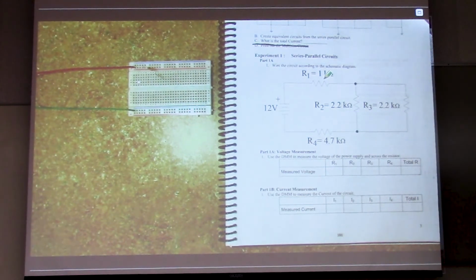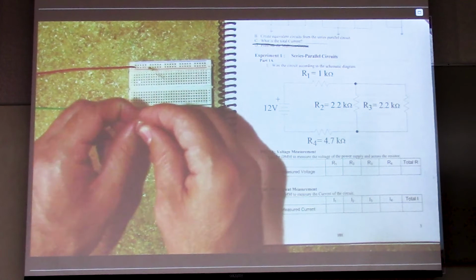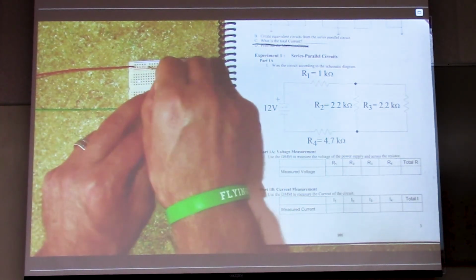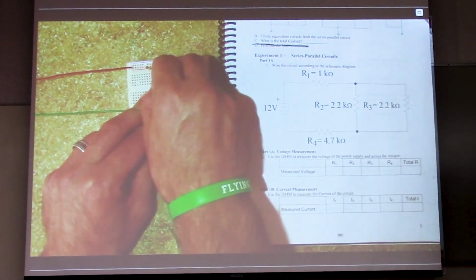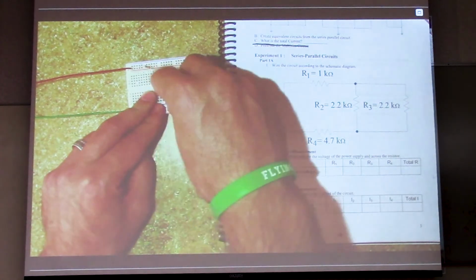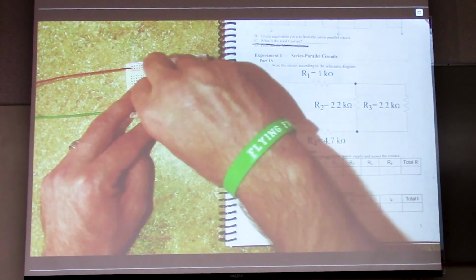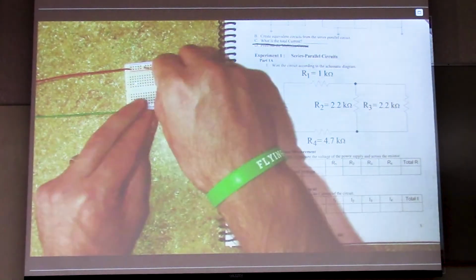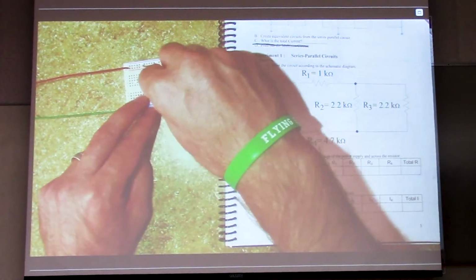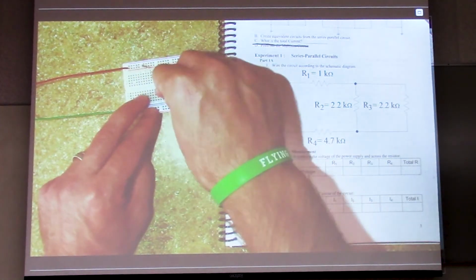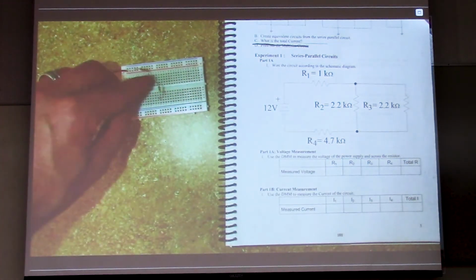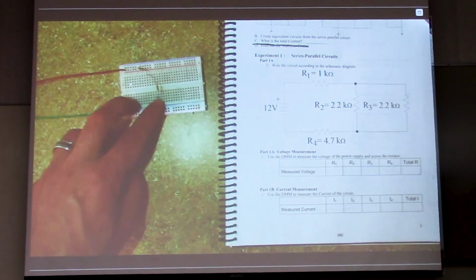Got that? Now there's a resistor going from the end of that resistor across to another one. So I will take my second resistor. I'll put the first leg into the same row as the first resistor, so those two will be connected. And then the second leg is going to go on the other side of this middle channel. Okay, so the second resistor is connected to the first resistor,